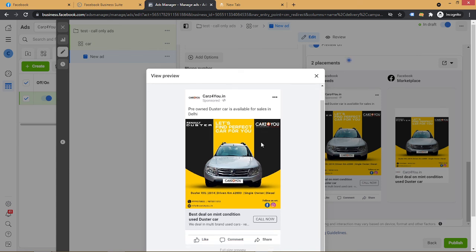Here you can check the ad preview in this expanded mode. Our primary text is here, our ad copy is here, our headline is here, and the description is under that. There is the call now button, which will lead to a phone call when someone sees this ad and clicks on it.